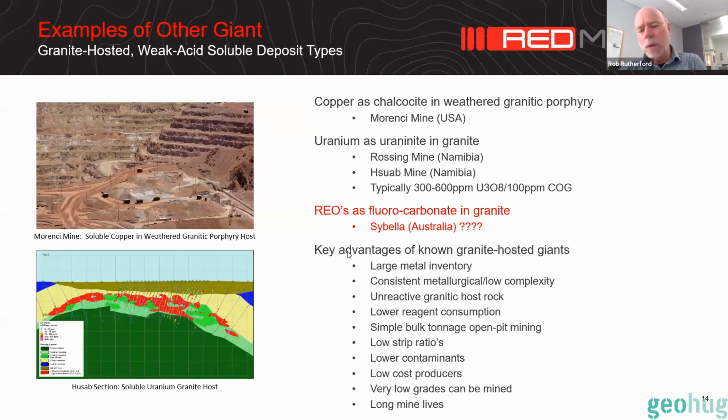So these bulk deposits, this style of granite-hosted weak acid soluble deposit type, offer a really large metal inventory. The deposit that we've got there is 10 to 14 kilometres long and 1 to 2 kilometres wide, and it's still open at depth. So they've got these large metal inventories. They've got a consistent metallurgy which has low complexity, and that's key to keeping the costs down. They've got unreactive granite host rock. They've got low reagent consumption. They have simple bulk tonnage open pit mining, which offers low stripping ratios. They've got low contaminants. They're low cost, and all this translates into being really low cost producers, which means at the end of the day that you can mine very low grades, and